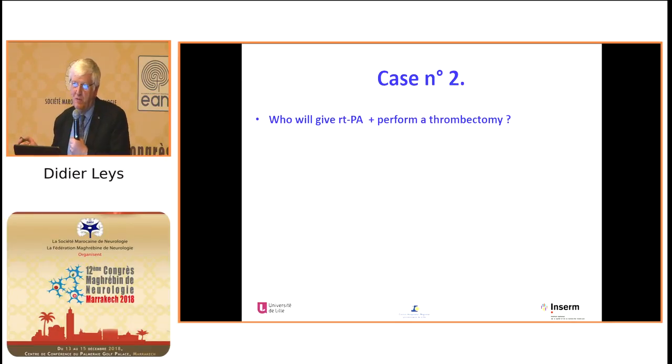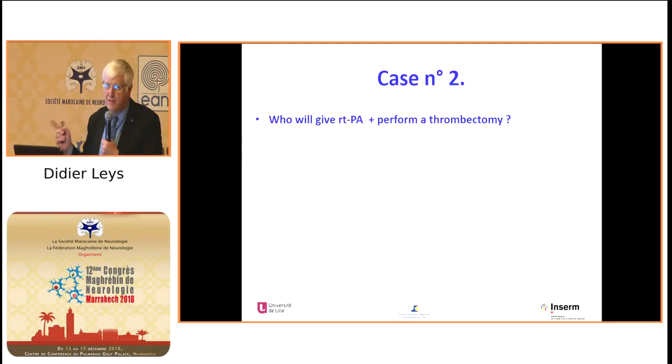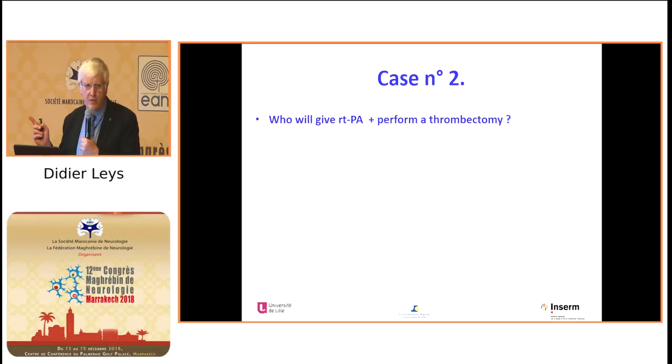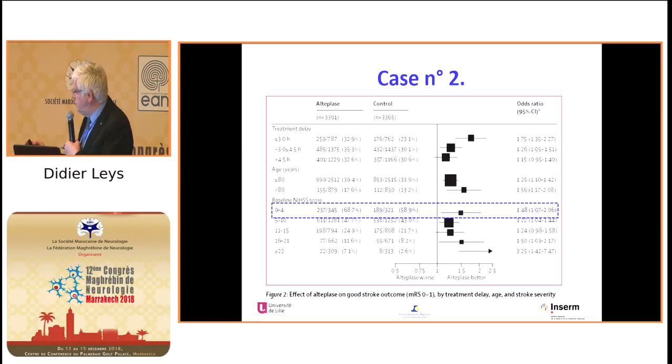Actually, we did not perform a thrombectomy in this case. I have to say that this case was 2 or 3 years before. It was after the trials, but 2 or 3 years before. And this is just to remind you, this is for thrombolysis, the effect of alteplase on good outcome adjusted by delay, age, and stroke severity. Just look at stroke severity. We have not the details for patients from trials included with the